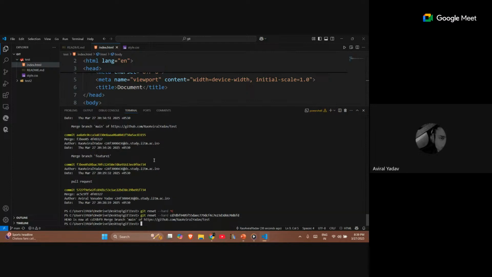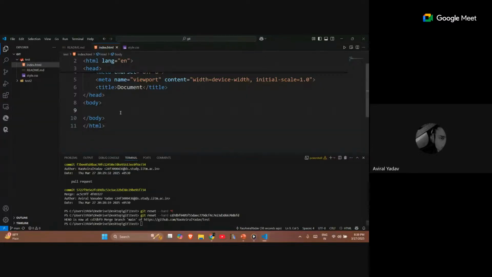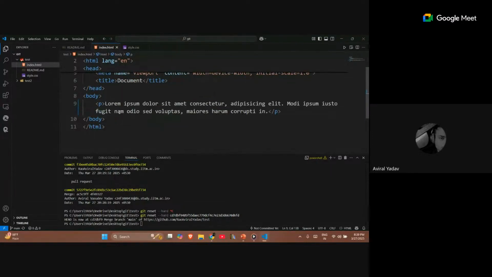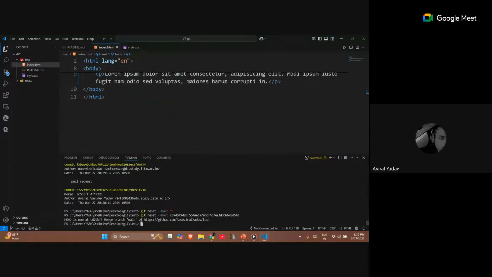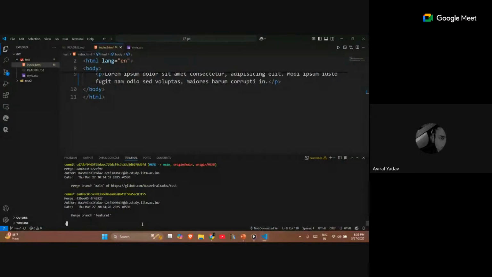Okay, let's add a new line or a new comment, and we'll move it out. For example, in a particular branch, this is lorem 20, and let's check the log. Before that I need to add it.